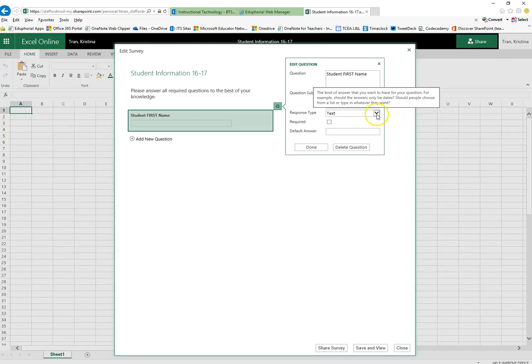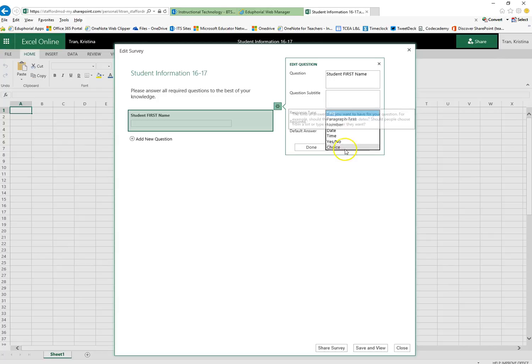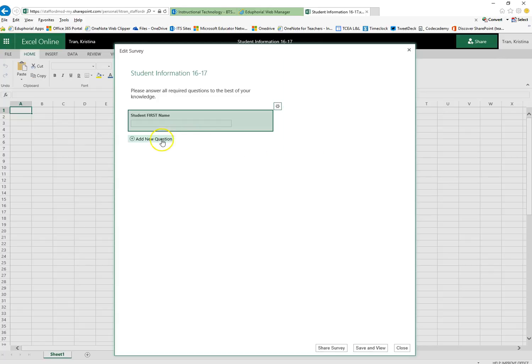Response type, if you click on the drop down arrow, you'll see different choices. Since I'm just asking for a first name, I don't really expect it to be a long response. I'm just going to keep it as a text box. I'm going to make sure I check this box to make this question required. Default answer, you don't need it for this particular survey, but you probably would use this if you're creating an assessment or a quiz in Excel Survey. Click done, and now I'm going to click on add new question to create my second question,